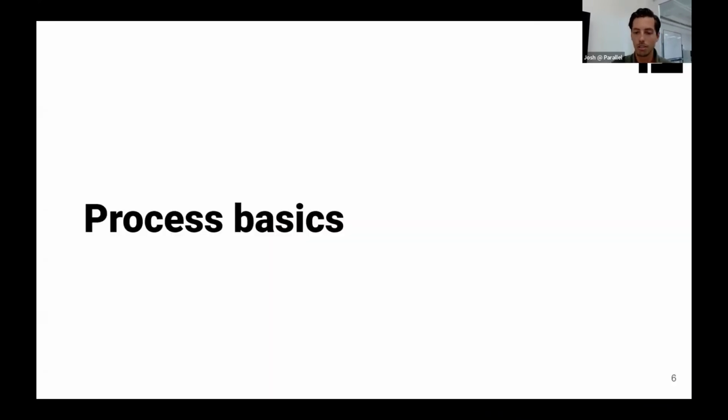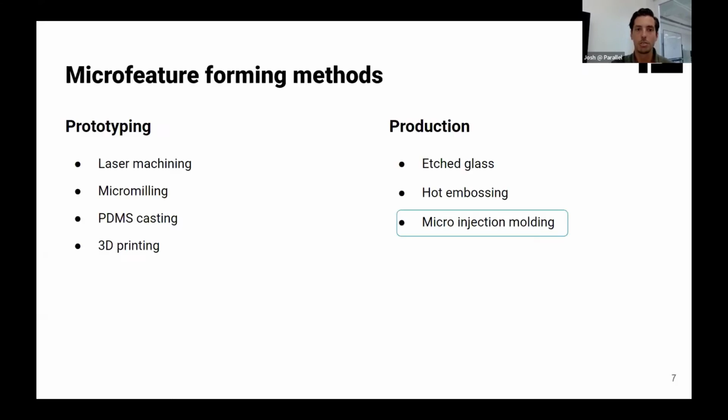So jumping into some of the basics of different manufacturing processes. There are a number of different ways to form microfeatures into microfluidic devices. And in particular, on the prototyping side, there's a couple different categories. So on the subtractive side, you have laser machining, where you're using a laser to ablate material, usually from a rectangular piece of stock. Or micromilling, where you're using a CNC milling machine to cut channels into some sort of